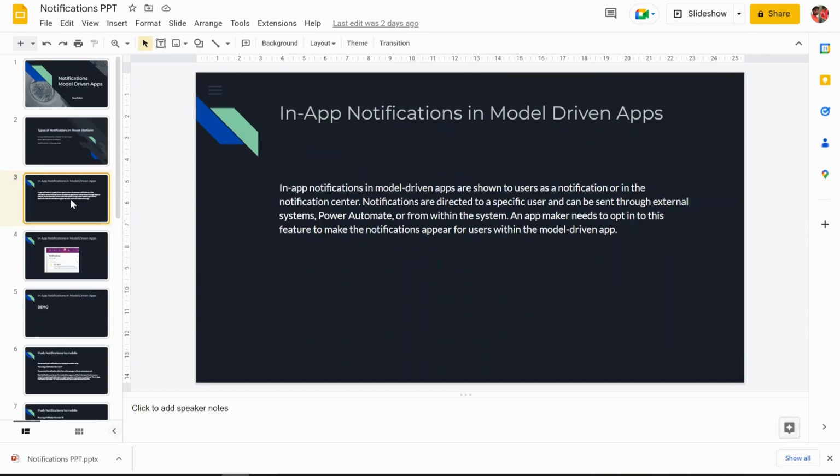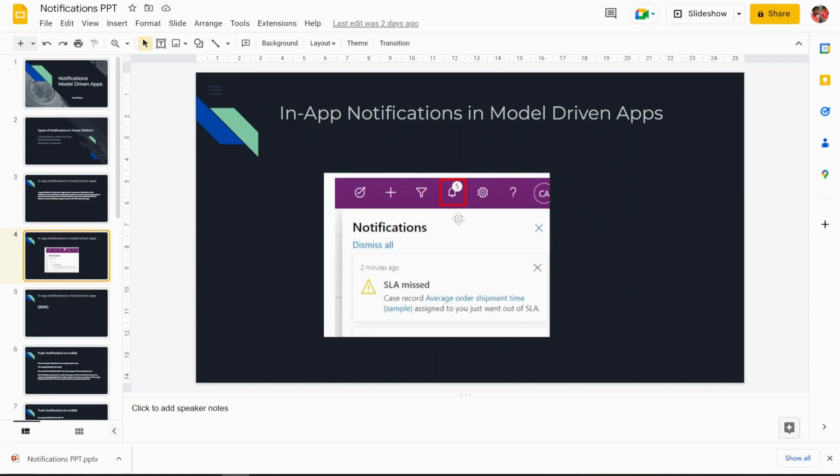In-app notifications are the general notifications that you will see at the top right corner of any Power Apps window that you open. So they look like this actually. You have a small alarm icon at the top, and when you click that you will see the notifications here. Using in-app notifications, you can push this kind of notification to any end users